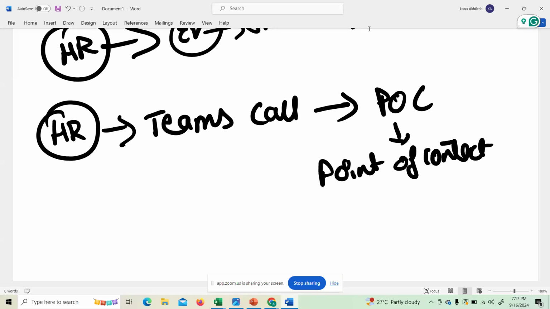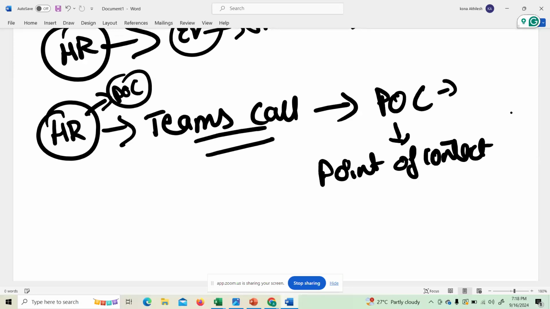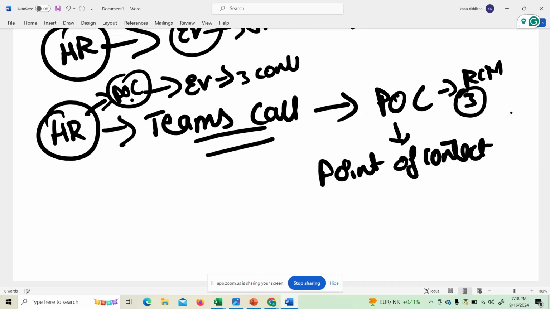For this team, they will assign one POC to the auditor. In this Teams call, by seeing the RCM three controls, we will ask this POC to show the evidences that they are following these three controls, and we will collect the evidence and get the audit done.